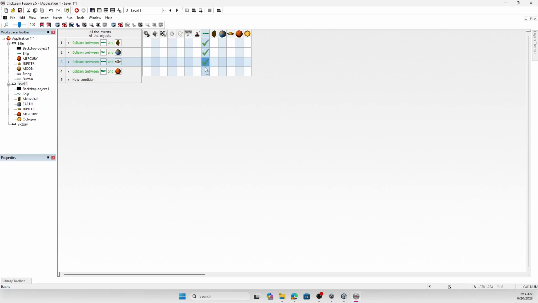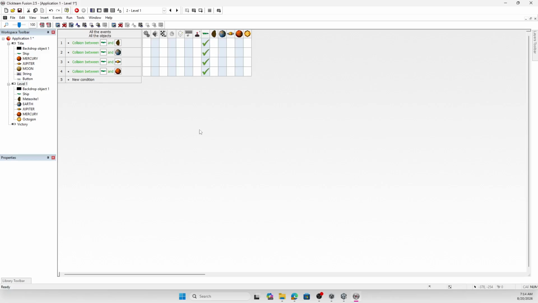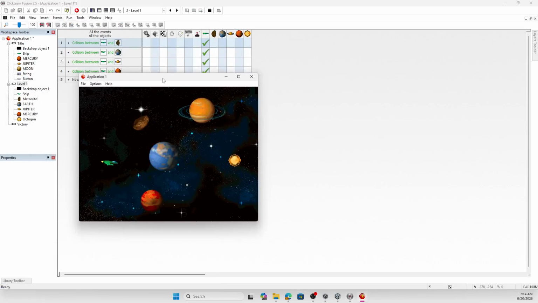Okay, so you can see that. Again, if you miss that part, it's a collision, and then you can right click, you hit movement, and then you hit stop. All right. So let's test that really quick and just make sure that when I hit these objects that my ship doesn't go through them. Okay, good, good,